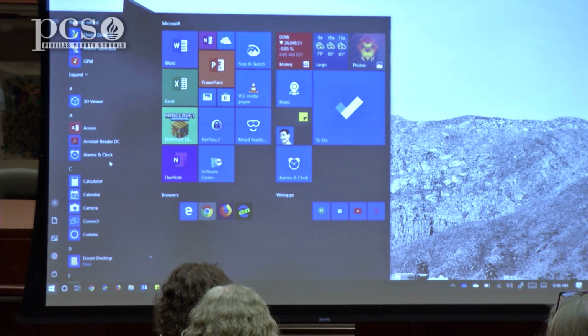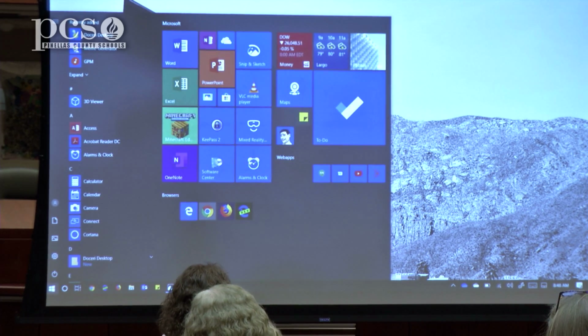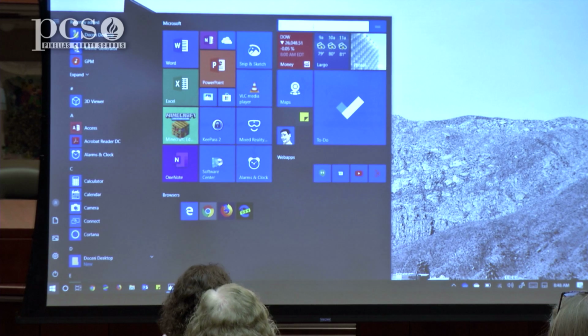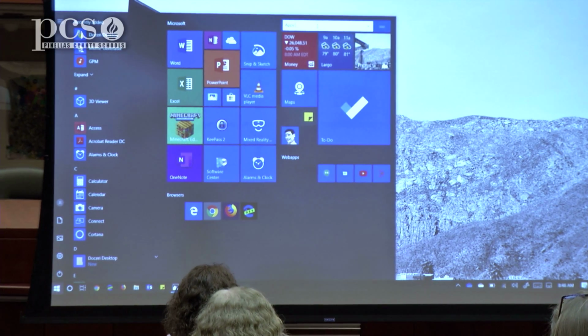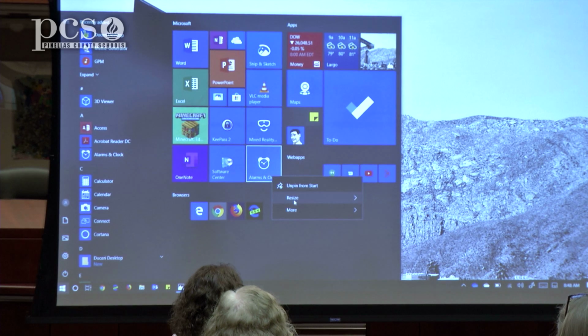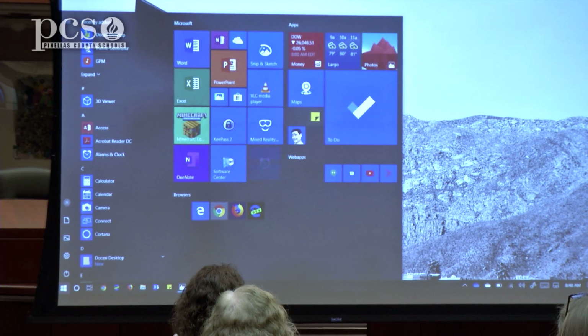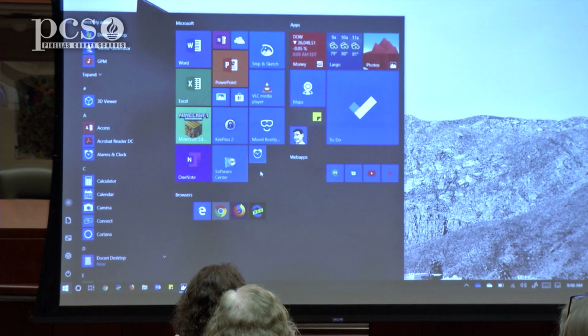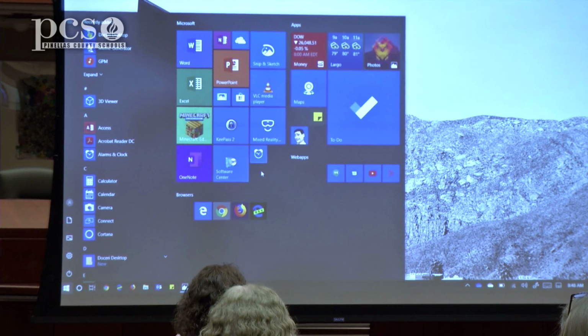If I want to move this around, I can just click it and drag it over to a different location. I can rename my different groups. And then I can even resize them, again by right-clicking, to be smaller or larger, however. So customizing my Start menu, this is also designed, you may notice these kind of look like things that are